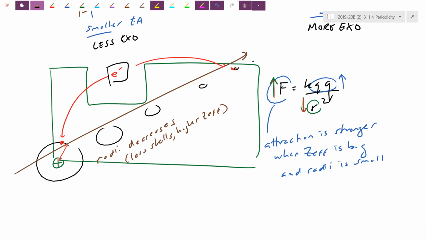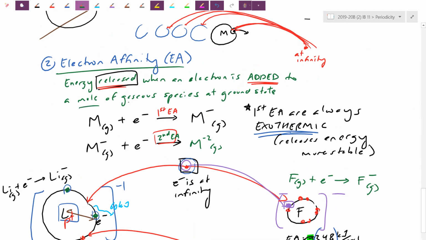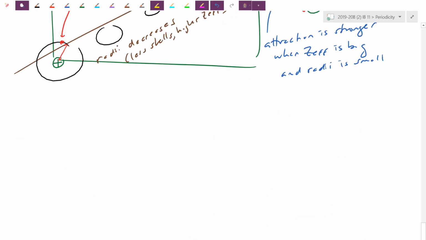Electron affinity, which sounds very similar to electronegativity, but it's a totally different concept. In some sense, it's the opposite of ionization energy. Make sure you still have all those technical notes. Make sure you're doing it to a mole. Make sure you're doing it for gaseous. In the equation, make sure you have these gas symbols. Right? And one last property that we're going to do in this section,